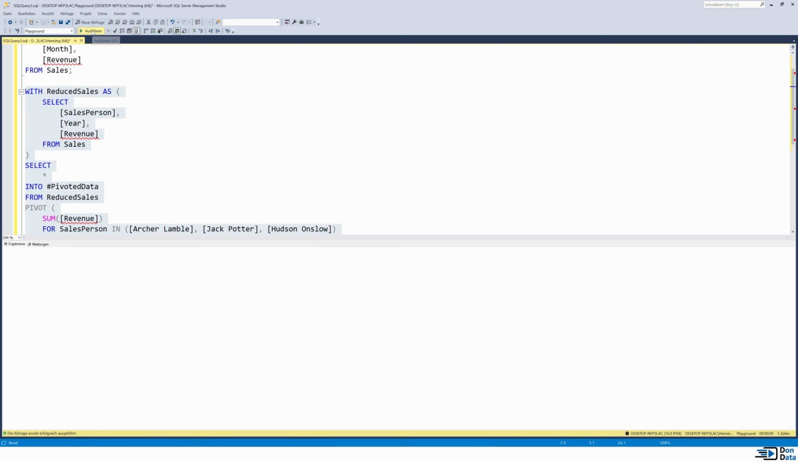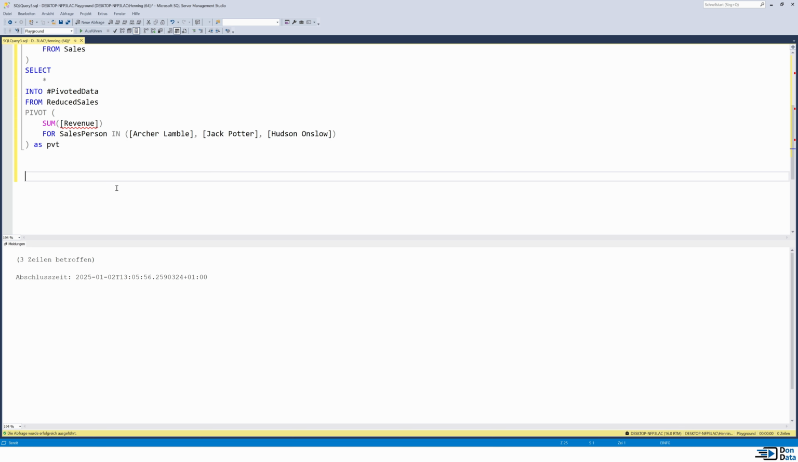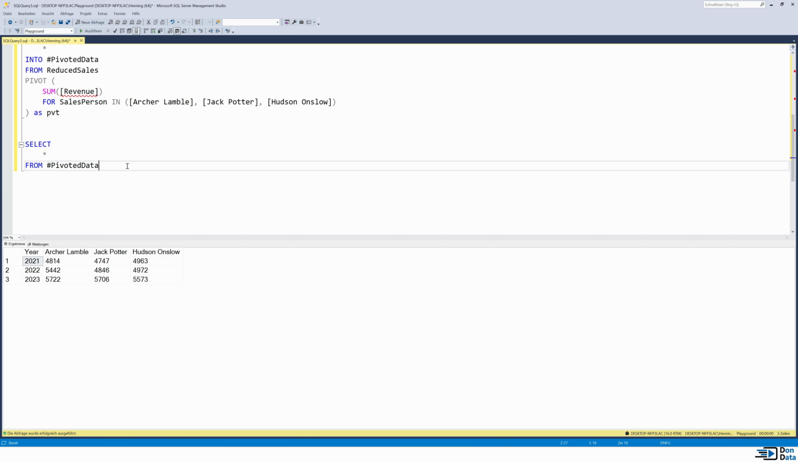Running this, I will just get it into my pivoted data temp table, and let's have a look what we have here. It should not surprise us. It's the result from the last query. Now we want to unpivot this one, and this is where the unpivot statement comes into play, and let's call it unpivoted. In this case, we will create a new revenue column